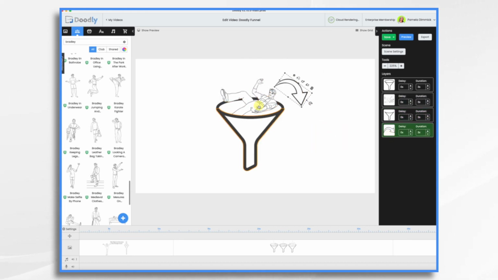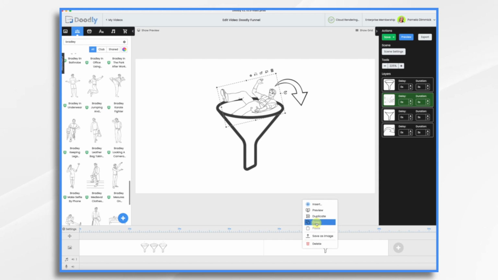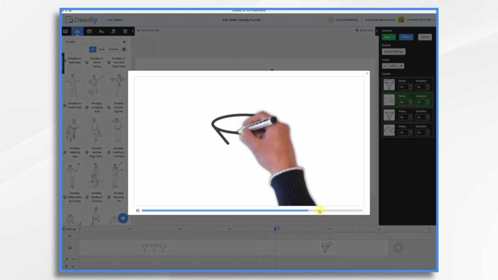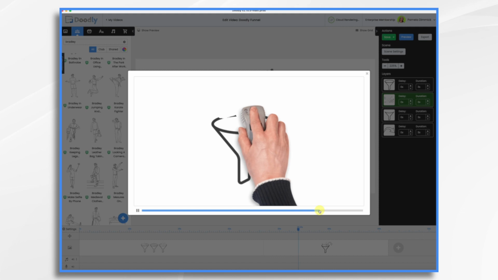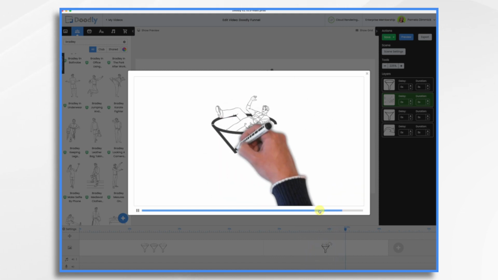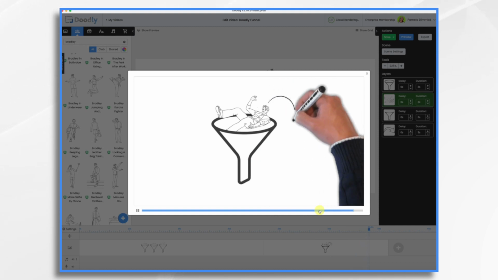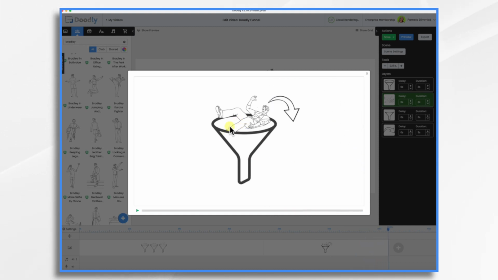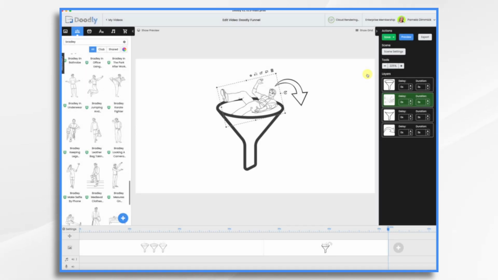I'm going to point out, if you use this technique, you can't draw him right here because he's in between. So if we were to preview this little scene here, we scribble on our funnel, we erase it, we draw the guy, and then you see it's not going to work really well with drawing because he has to be between these two. But if you do want to use the drawing, we can certainly do that, and we're going to do some